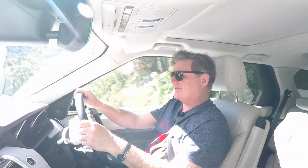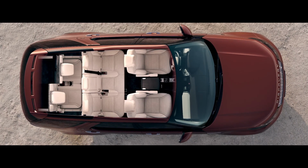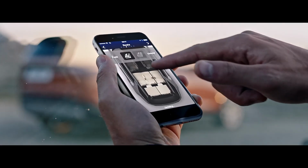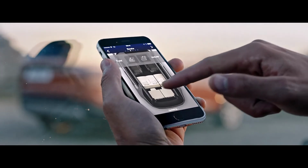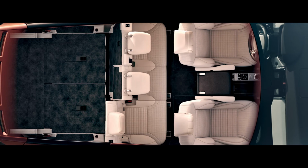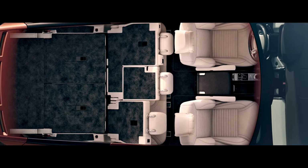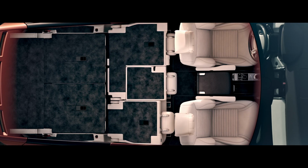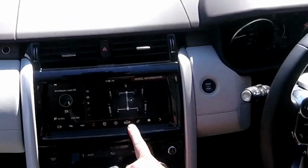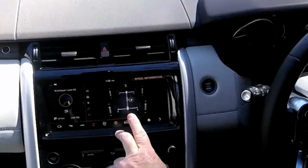Australia, welcome to it. You get an awful lot of SUV for 100 grand, especially from Range Rover. This is on the same platform as Range Rover now, so this is really your discount disco. The seats are adjustable from the front, from your phone app, from inside both rear doors, and from inside the rear hatch. You can see here that the screen's divided up into 2, and